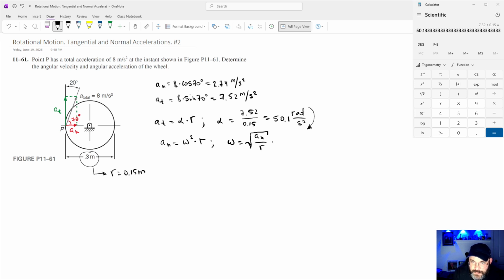Okay, so divided by the radius, and this is equal to the square root of normal, 2.74 divided by 0.15. Okay, let's see how much is this. So it's 2.74 divided by 0.15, and square root of this, right? So it's 4.27